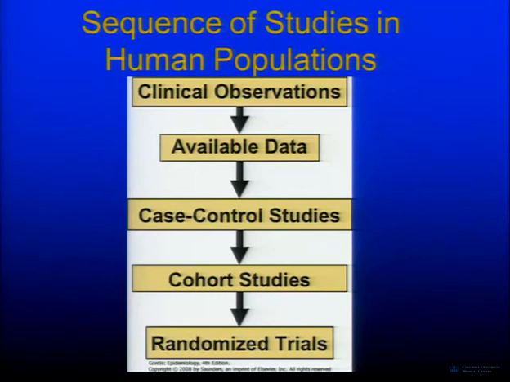So we have gone through week by week all of the different study designs, starting with clinical observations or available data. Then we went on to case control studies, cohort studies, and then the top of the pyramid, a randomized clinical trial. Now, this is ideal in some circumstances, but as some of you have talked to me about, you can't do it for everything. If your paper is looking at a harmful agent, you can't do a randomized controlled trial.